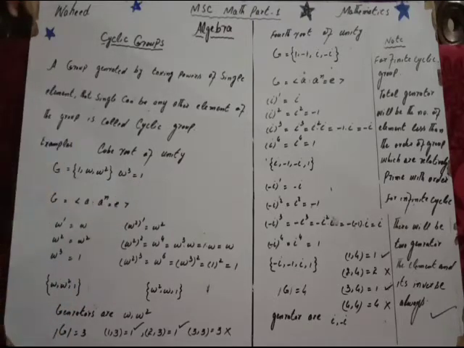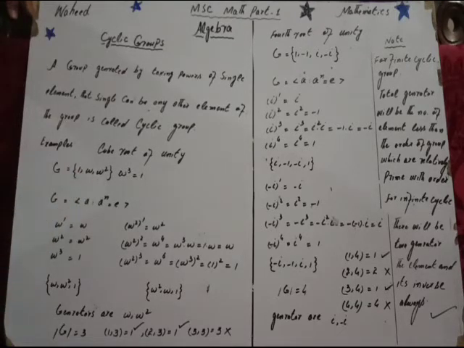By definition, for a cyclic group, A raised to the power n is equal to E. The power at which we obtain the identity element will be the order of the group. Now, by taking powers of omega: omega power 1 is omega, omega power 2 is omega square, omega power 3 is 1. So by taking powers of omega we obtain omega square and 1, the whole group. So we can say that omega is a generator of the cube root of unity.